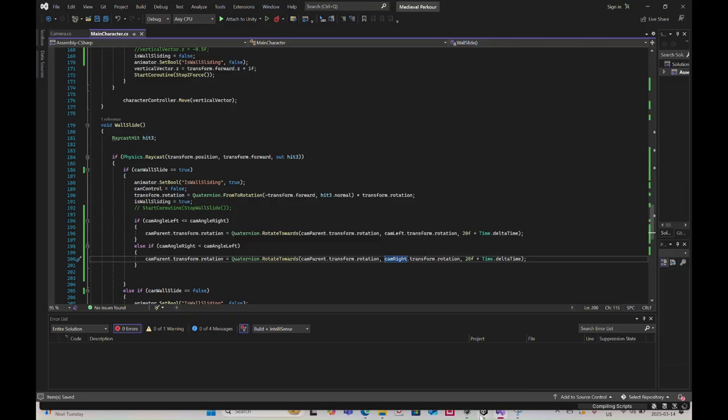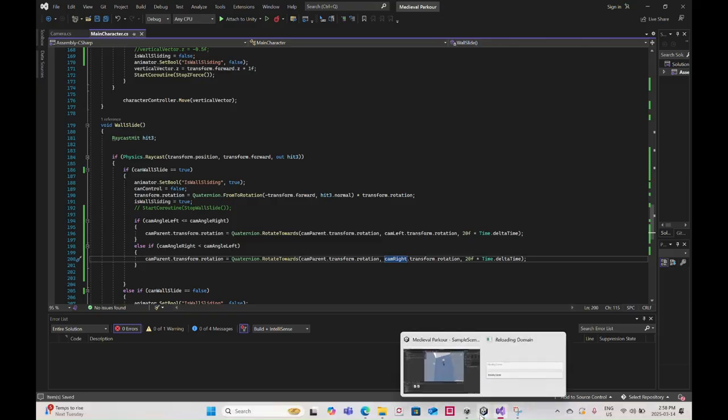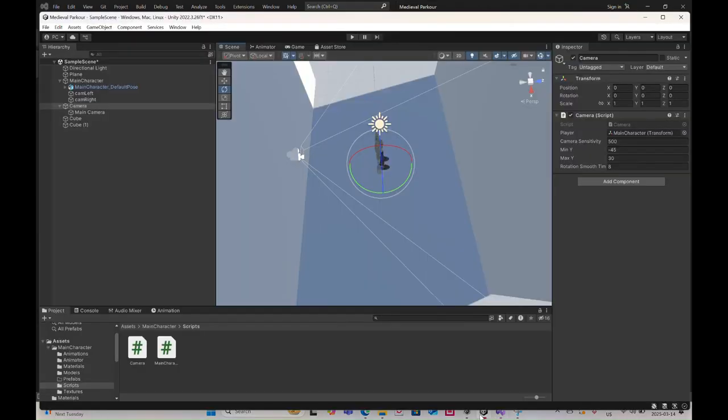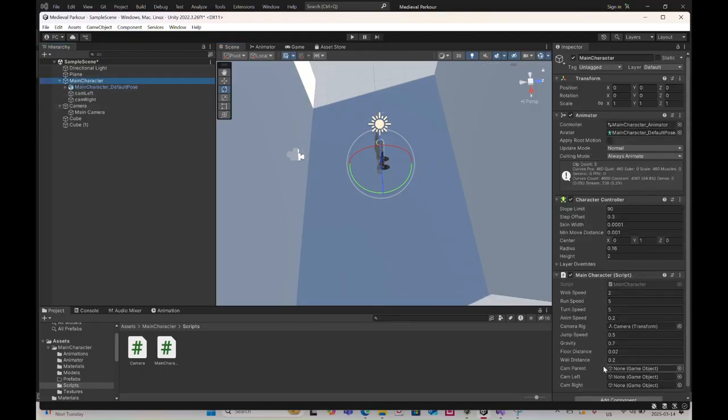So if I compile that, in the main character, I have 3 empty fields here. So this one is not the camera, but the camera parent. And then cam left, and cam right. So if I play,